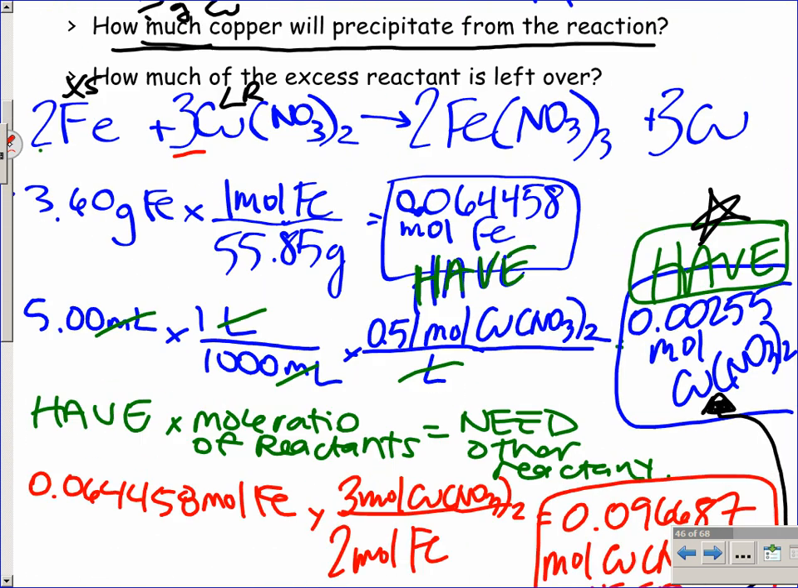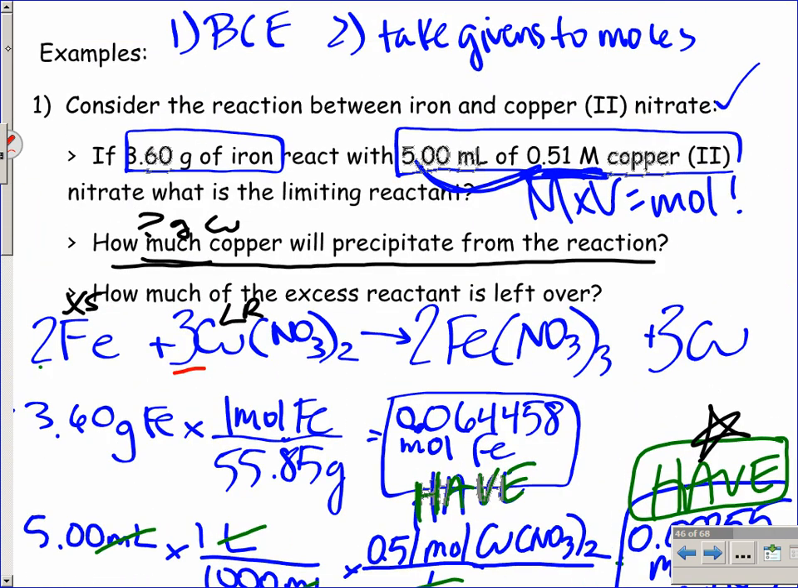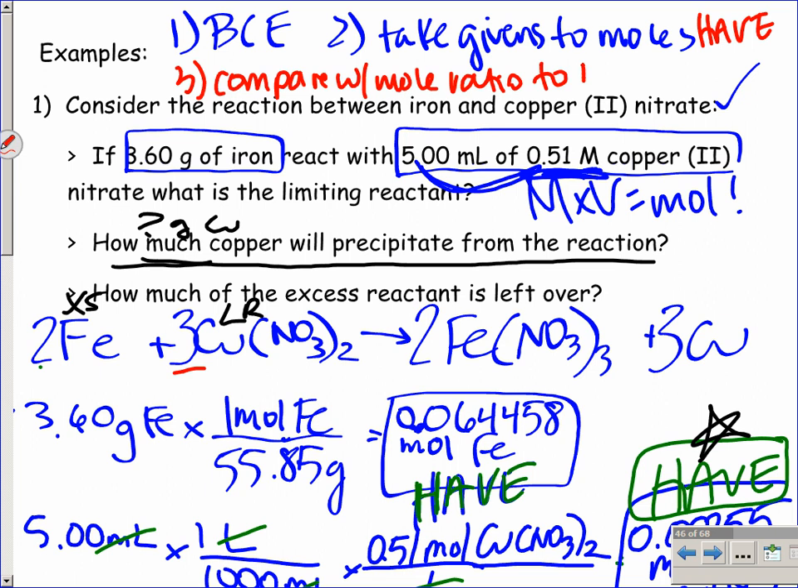Okay, so we basically got our BCE, we took our givens to moles, then what did we do after we got to moles for both those 2 reactants? We compared it, so step 3 would have been compare with mole ratio to identify the LR. And then we proceeded with part B with the LR, limiting reagent, and we found our copper. Now step C,